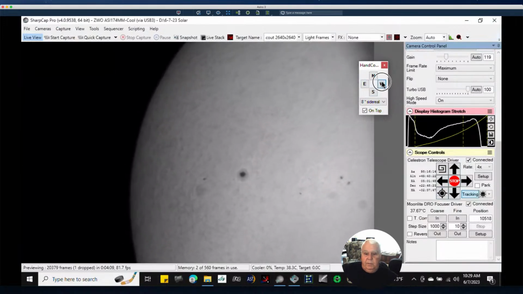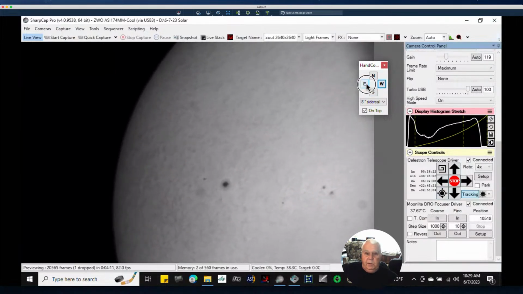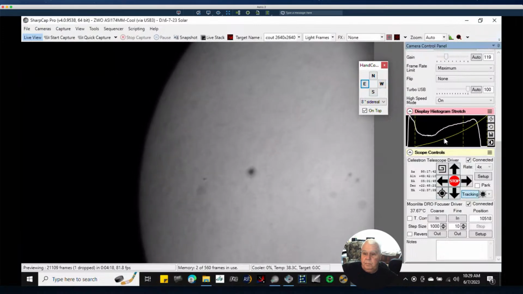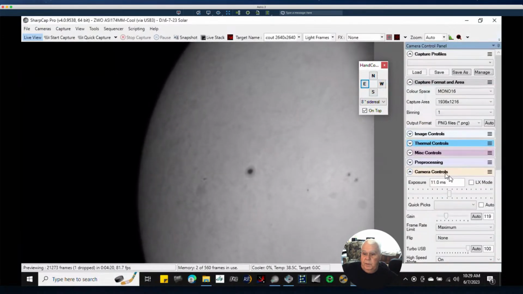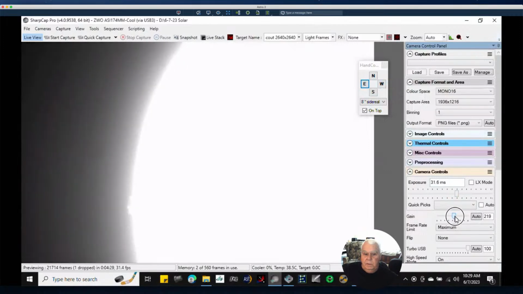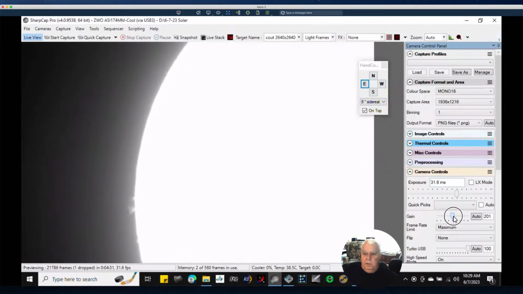Wrong way again. I think we're back where we started. So what I want to do now is overexpose this, and I want to see what's going on at the rim of the sun. So I'm going to go up to my exposure. I'm going to bring this up to about 25, and I'll bring the gain up to about, let's go to 200, and that's good. All right, so we have some flares on the sun surface, on the rim,